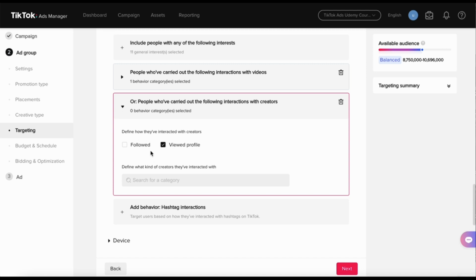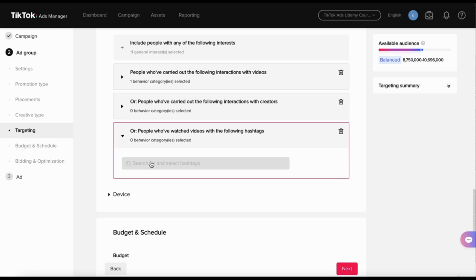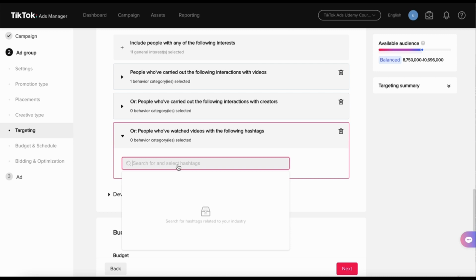Other ad objectives would require you to select both, but don't worry, I'll go through these in the next lectures. Okay, so lastly, we have hashtags. This is where TikTok can target people who have interacted with specific hashtags. This is super cool. So you can select hashtags that are relevant to your niche, that you think your audience will have interacted with. So for mine, I'm going to use the hashtags digital marketing